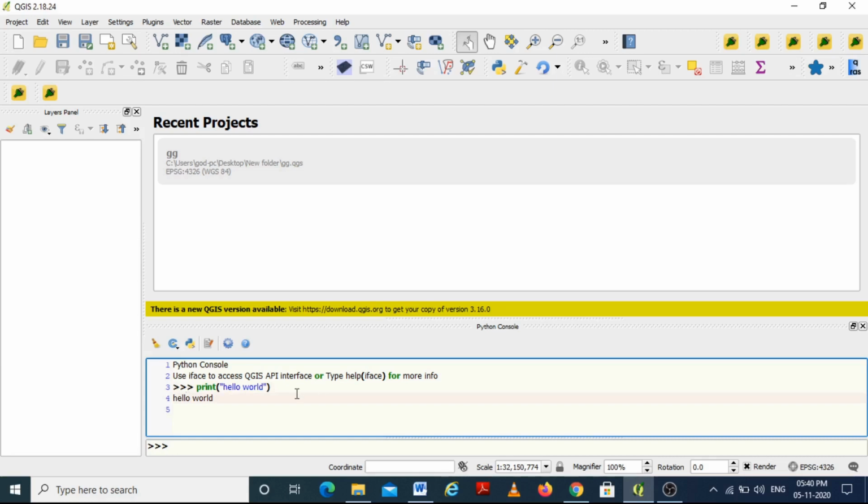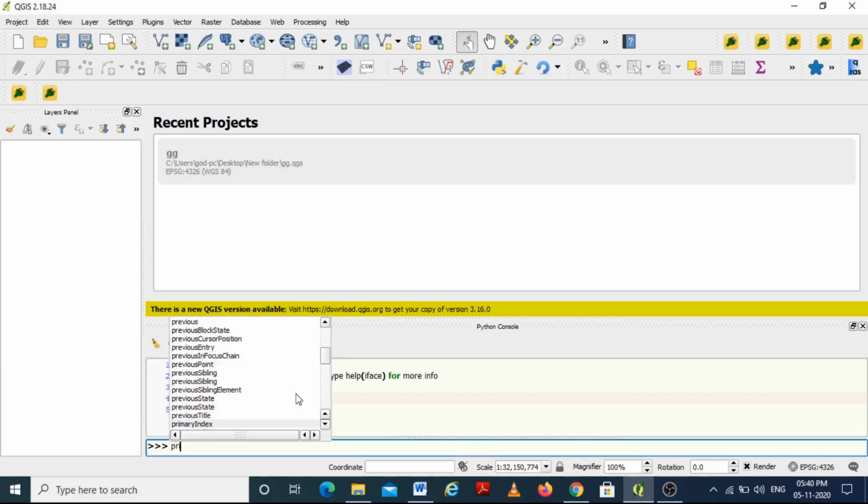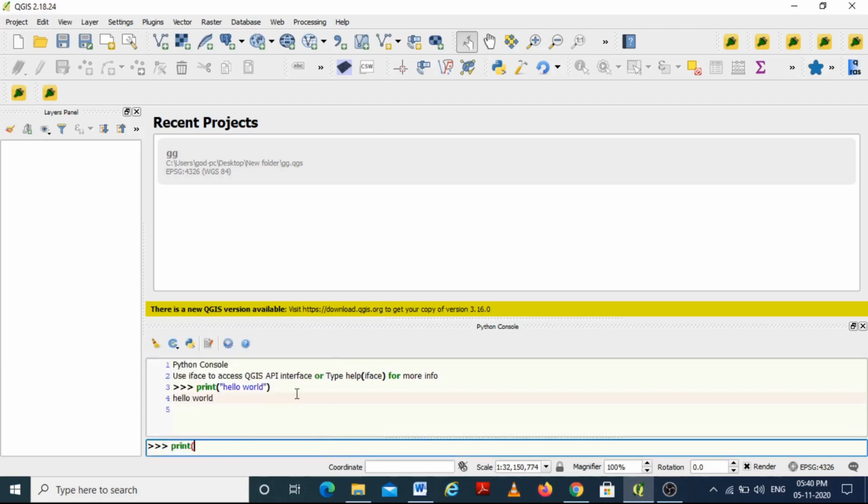The function is seen in green color and the parameter is shown in blue color with double quotes. Suppose if there is any typological error, it will run and display the error in red color. Now you can notice that.